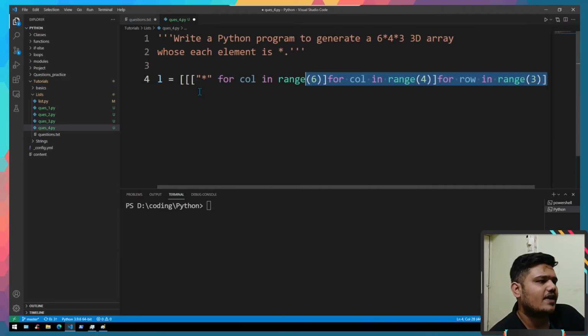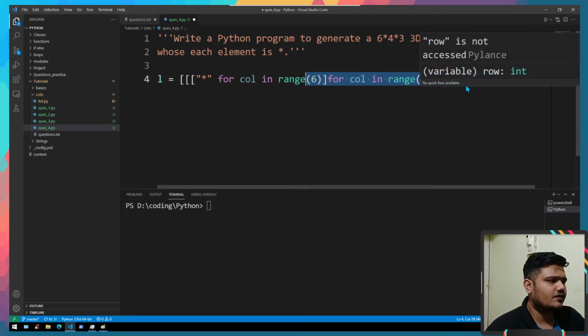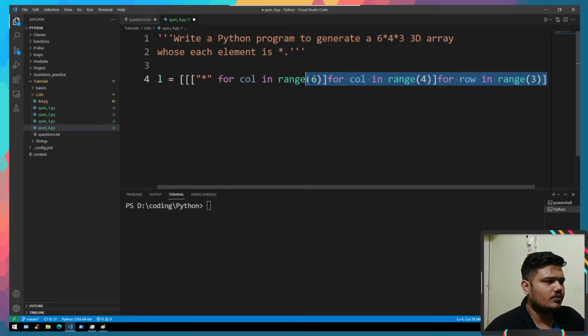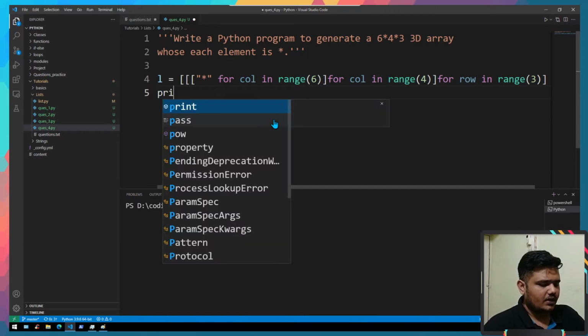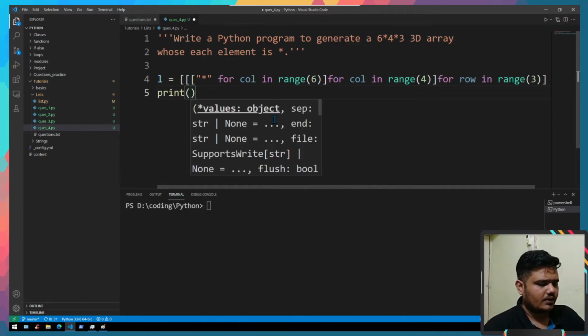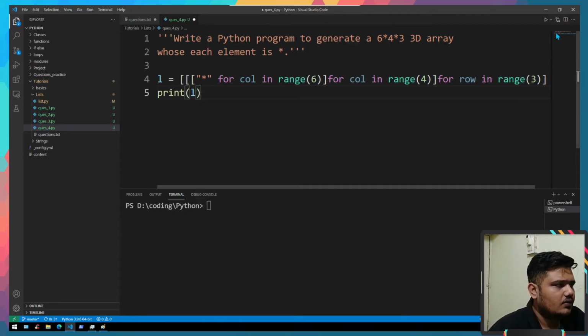So what exactly we are doing, we are putting the range value, again the range value. So first range value is 3, that is for row, second one is for the column, third one is for the column, right? So after that, if we print L over here and run it,